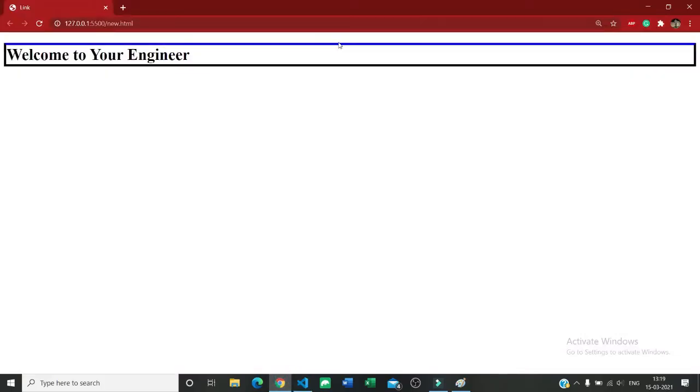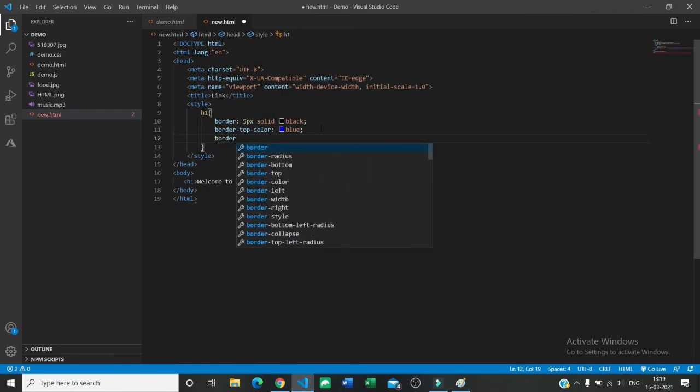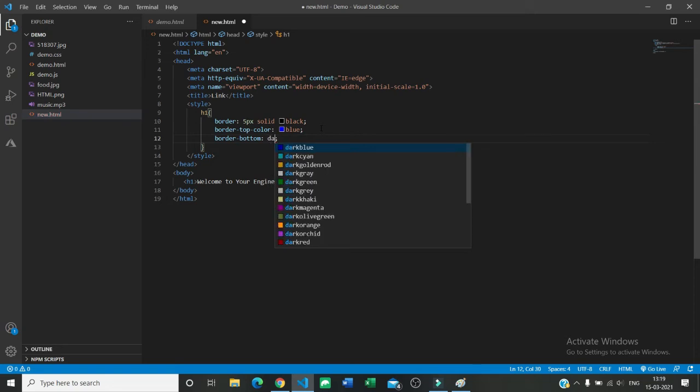So you can see that the top border changed its color to blue, and the rest of the three borders are black in color. So same I can give for different things, like border bottom, let's say I am going to give dark green. Now save it.